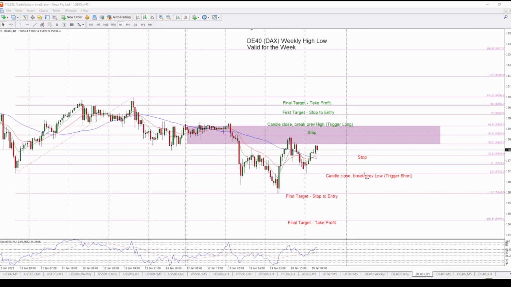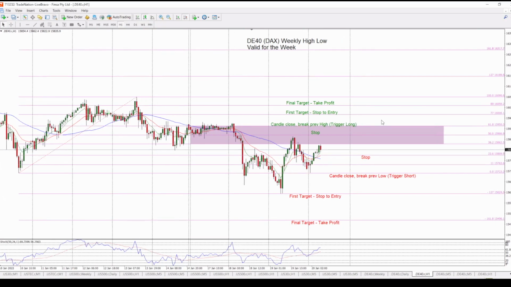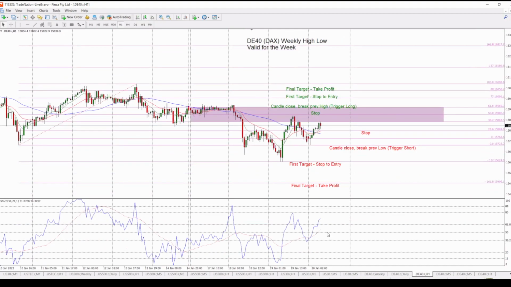All right, we can also see the hourly time frame, weekly high low for the DAX. Trend is up, 8 above 21, above the 50. Current level of resistance, 38.2. Support is the 23.6. Next trigger for a long is a candle close above 61.8. We aim for the 89 final target. And then next trigger short is a candle close below the 0, break previous candle low. We aim for the minus 127. We can see that 127 held perfectly as support yesterday. So let's just see if we do get a trigger for long or enter back into the consolidation area, as trend is up according to moving averages and stochastic trading above the signal line and above 61.8 as well.